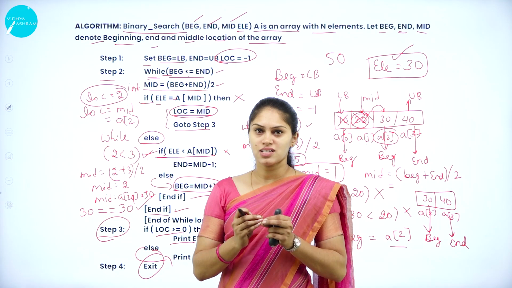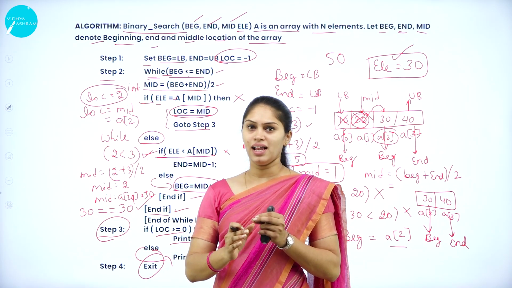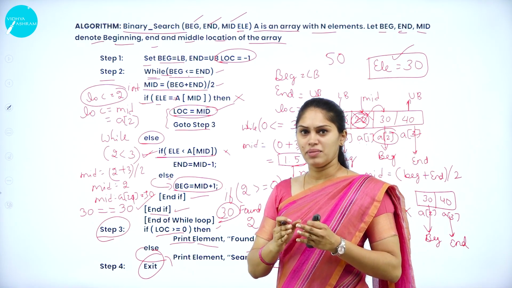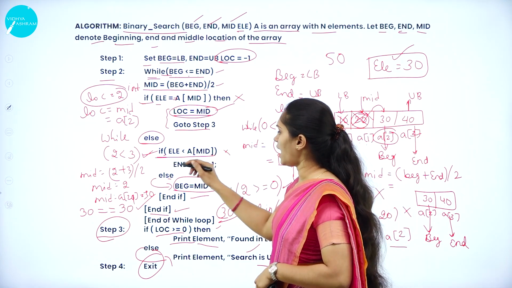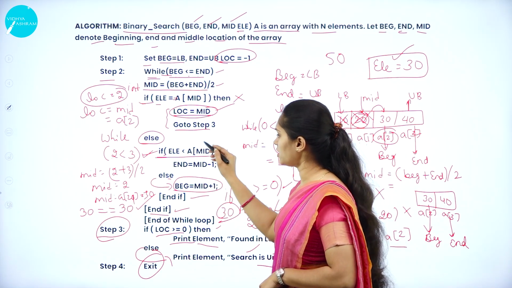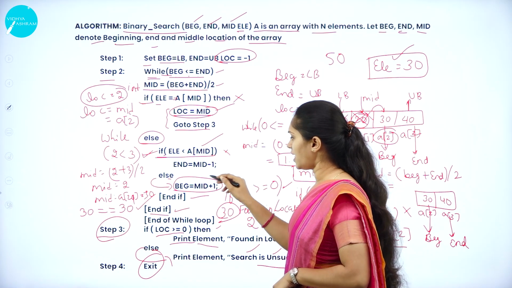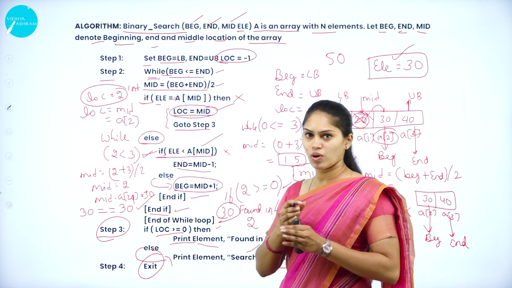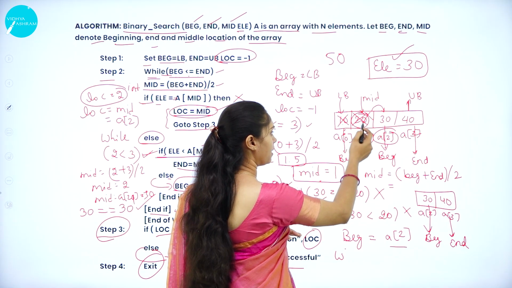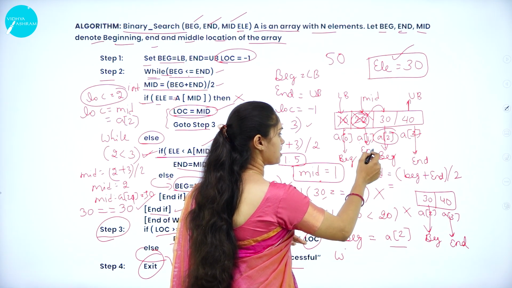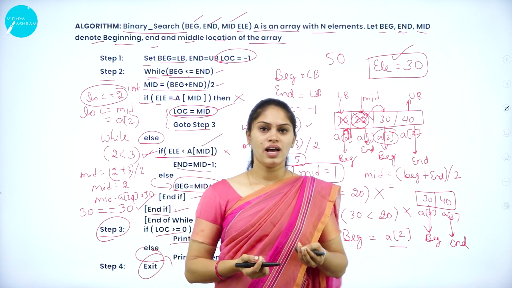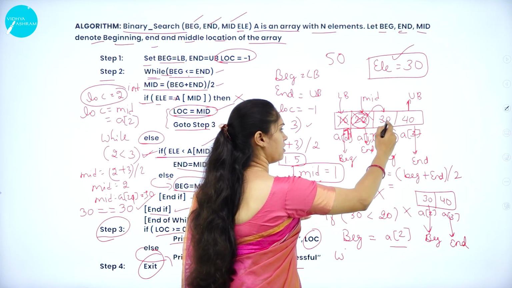If we are searching for the element which is exactly at the middle, then it directly gives the location of the mid element. Or else it will check whether we are searching for an element in the left part of the mid element, then the end becomes mid - 1. So if I'm searching for 10, the mid element becomes the end element itself. So this will be the end, and this will be the beginning itself. So I'm not going to seek for 30 and 40.